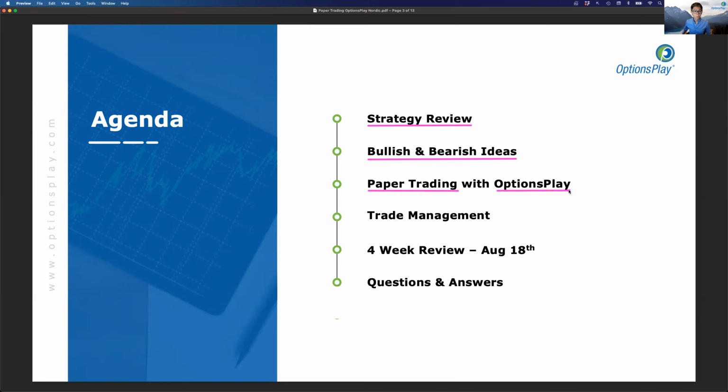I'm going to show you how to use the paper trading feature built into the platform. And then we're going to talk a little bit about the portfolio management. So once you're in these trades, how do you determine when it's time to take profits, when it's time to cut losses? And then what we're going to do is we're going to come back 4 weeks from today on August 18th, and we're going to review these positions here together. But like I said, I'm going to leave you with today's session with a link that will have all of the trades that we're going to go through here today so that you can track them on your own over the next 4 weeks. And then we're going to come back in 4 weeks' time and take a look at